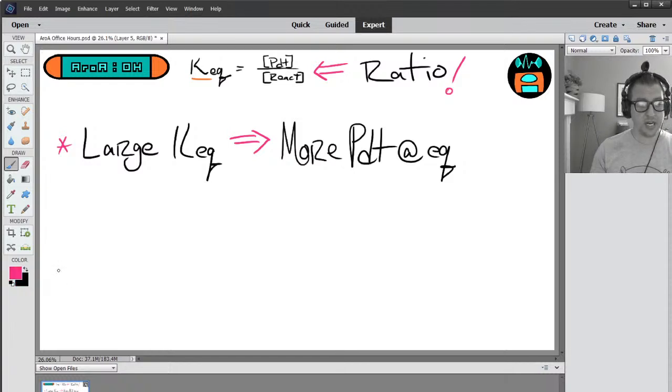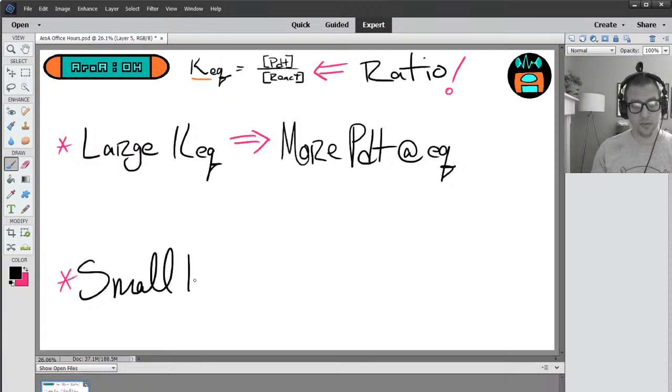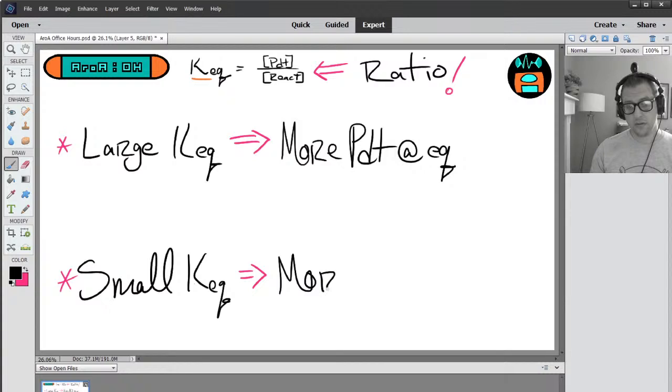If, by contrast, you have a small value for your equilibrium constant, that means that you have more reactants